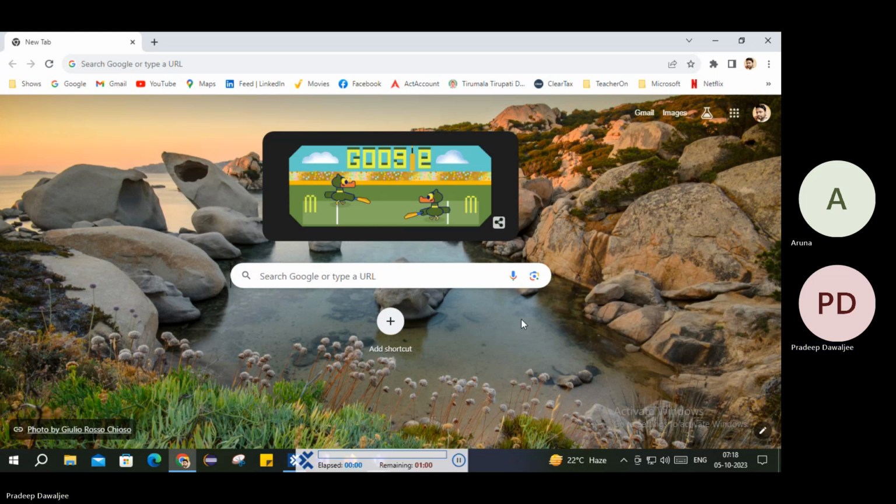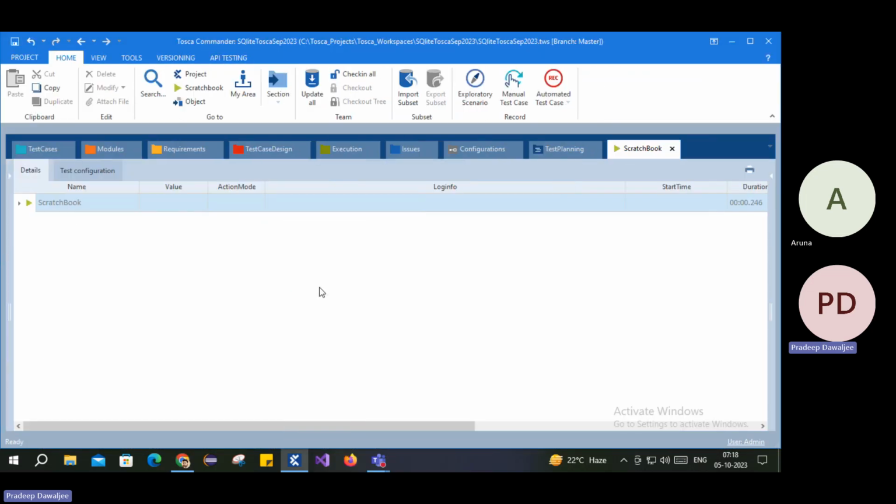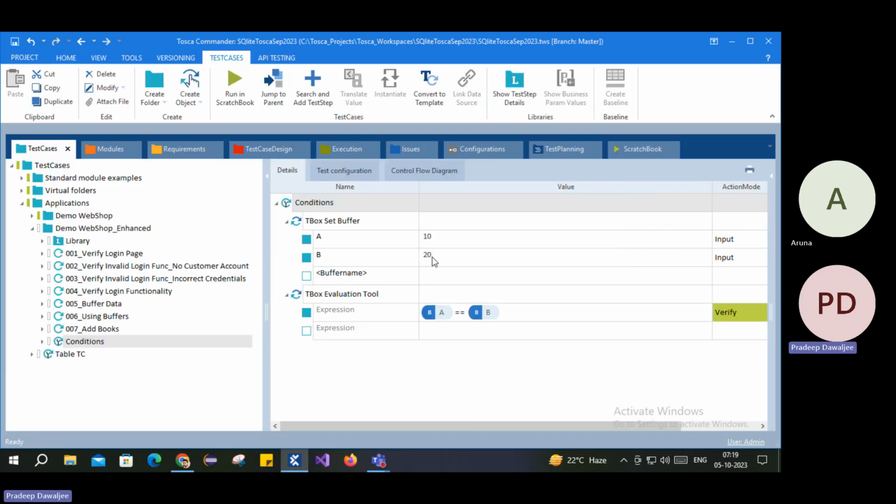Basically, it fails, right? Because the expression that is returned goes to false, because 10 is never equal to 20. So in this case, you have to either change the B value or A value so both are equal, or